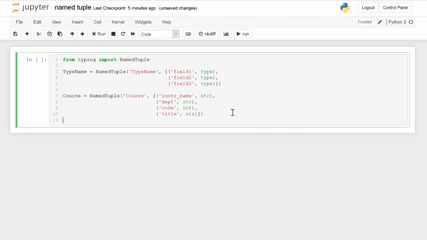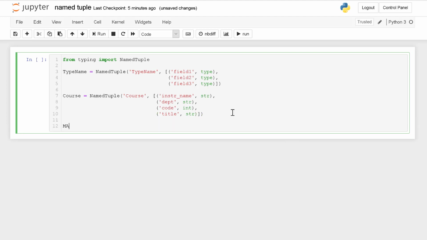Here's an example of a course type. This creates a course with the instructor name, Maryam Mirzakhani, the department, Math, course code 101, and title, Geometry.